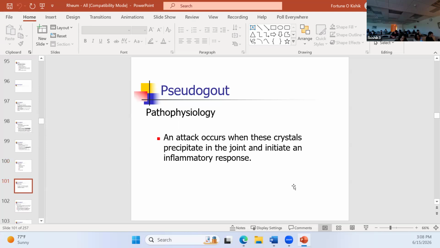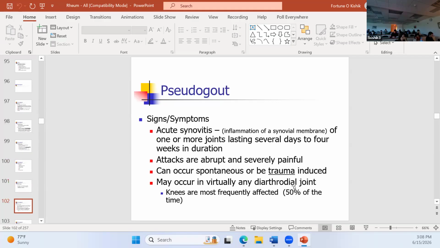Now, you will have an inflammatory response, therefore you're going to have a lot of inflammation. And when that inflammation kicks in, that's when the pain really, really starts. Now, exactly where do you tend to see it mostly? You will see most of the case vignettes will tell you that it's happening within the knees, because the incidence is much, much higher. You can see it in other joint lines, that's fine, but much of the case vignettes that you will see